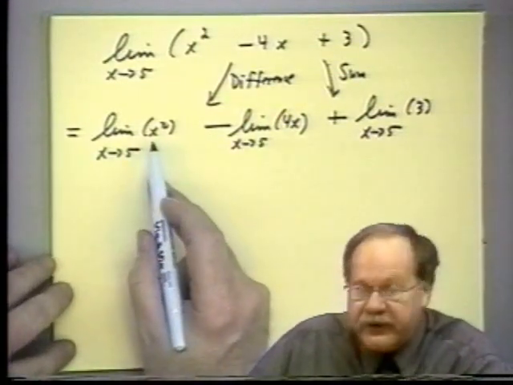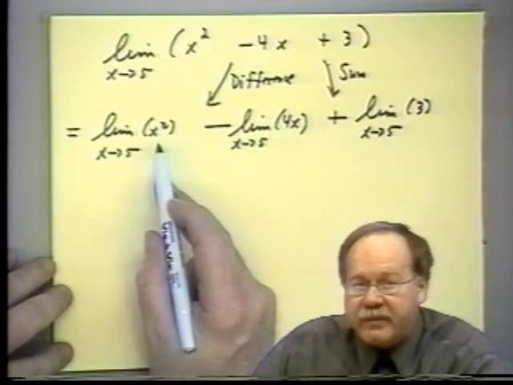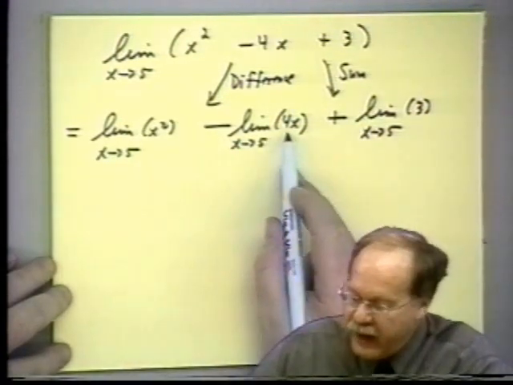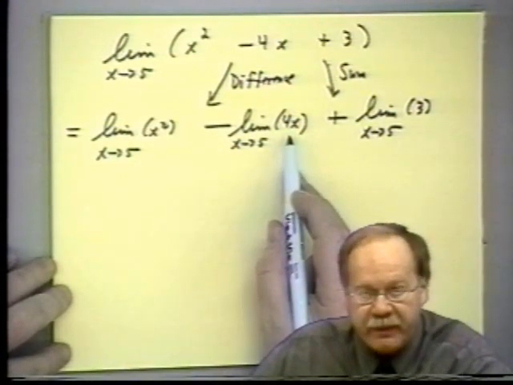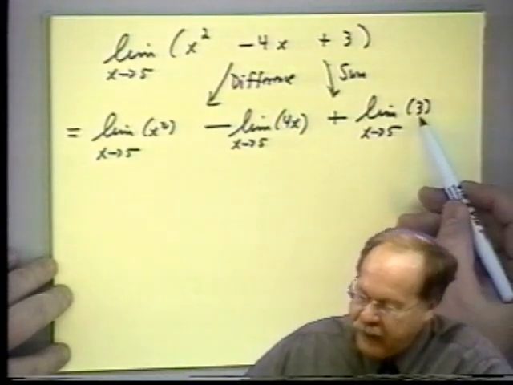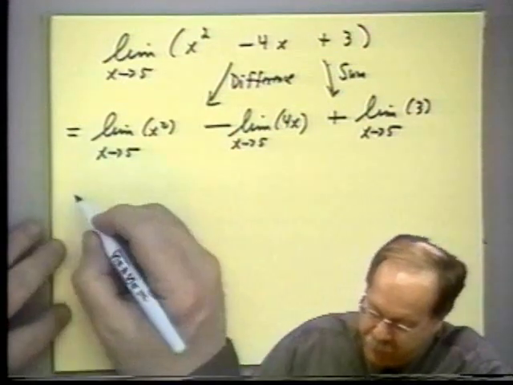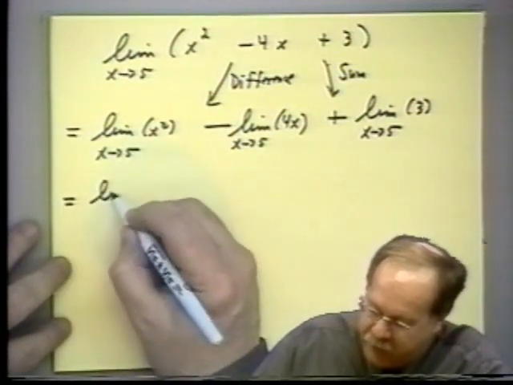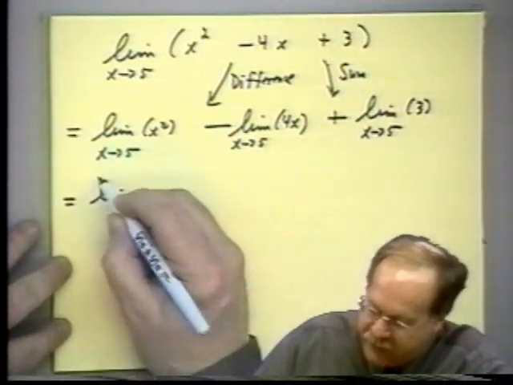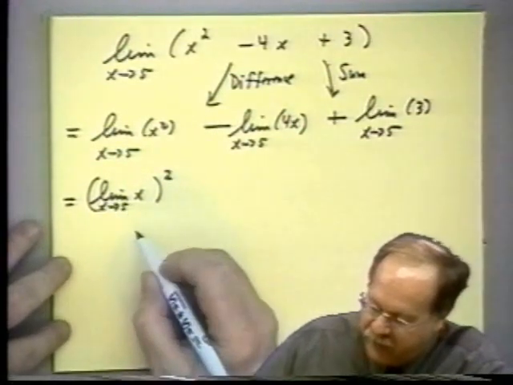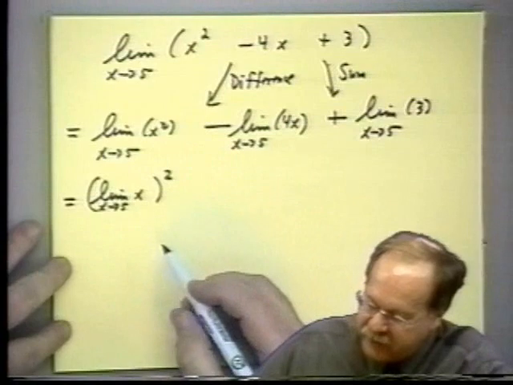Now, in this first limit we see we have x squared. That is a product, so we'll have to think about the product property. Here we have another product. We'll use the product property again. And 3 is a basic limit, so we can take that limit immediately. So now we will have the limit of x quantity squared as x goes to 5, because that's a product, and that's how the product